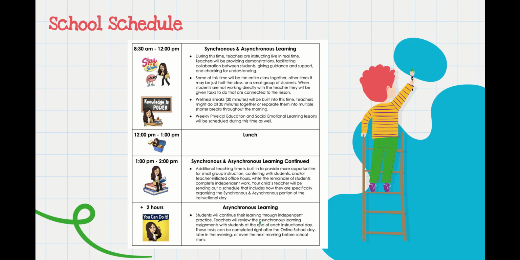We have created a common school schedule of 8:30 a.m. to 2 p.m., which has us starting an hour later than if we were back learning on site. This is to give our families more flexibility in the morning. All activities will be posted, and all synchronous instruction will happen during these school hours, with an understanding that the asynchronous activities might happen for you and your family outside of those hours based on your needs. You can see we have built-in wellness breaks and an extended lunch, as we know some families might be coming to Jones at that time to pick up a grab-and-go lunch. You may have noticed that we do not have a minimum day on Wednesday. That will resume when we return to on-site learning.